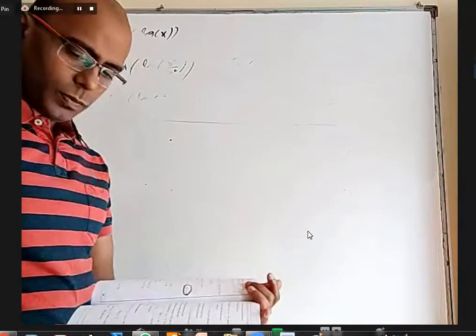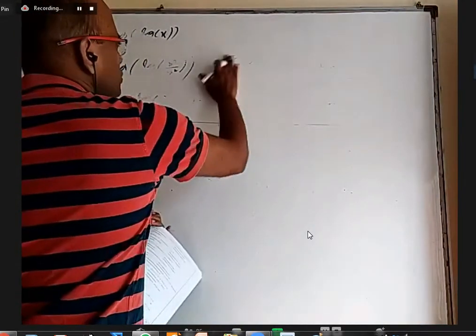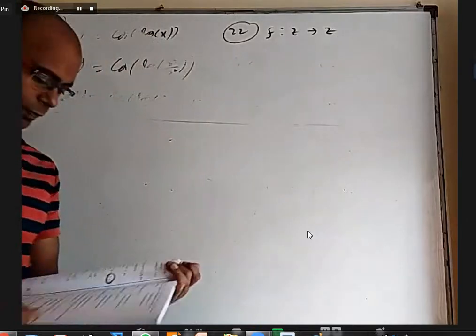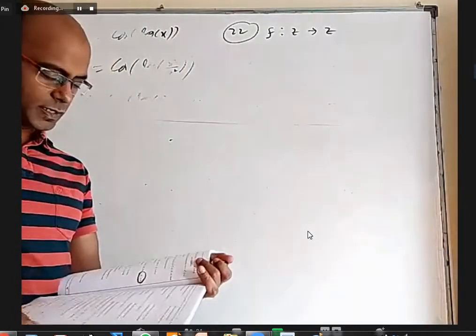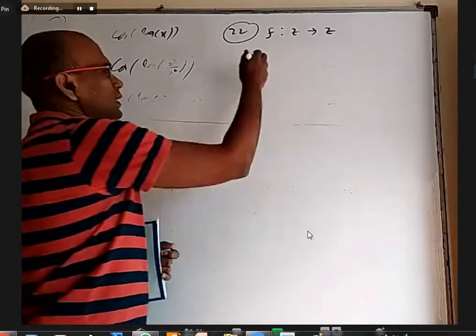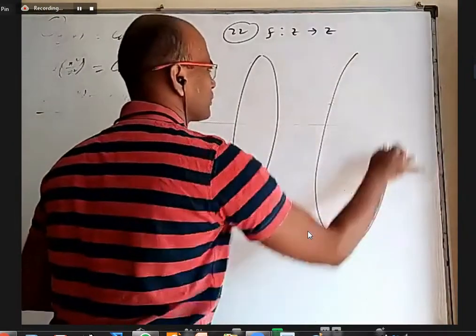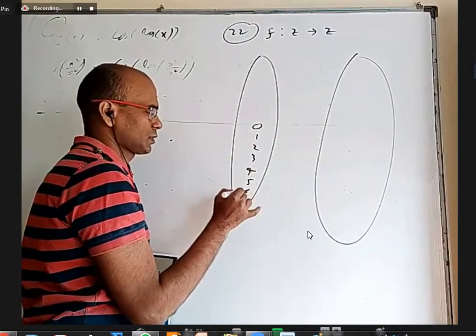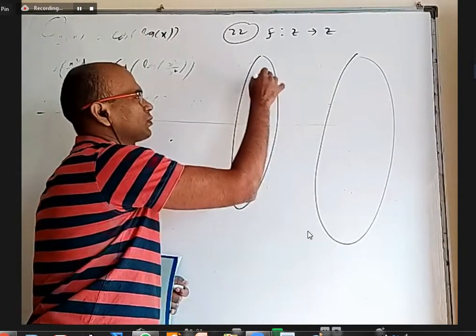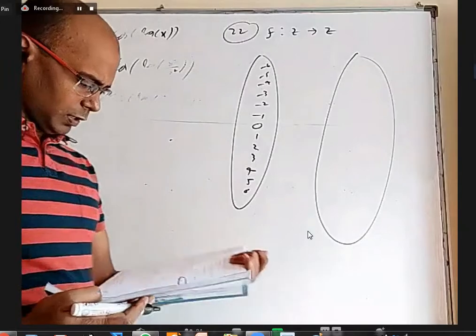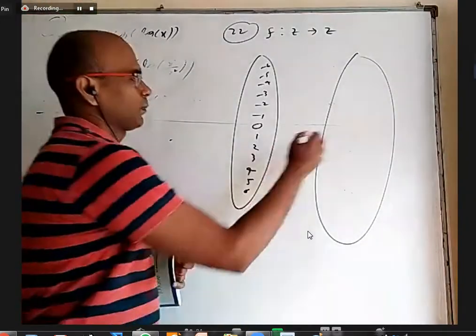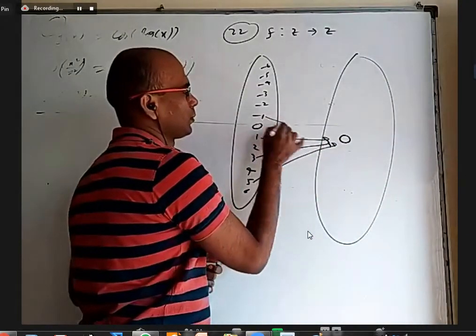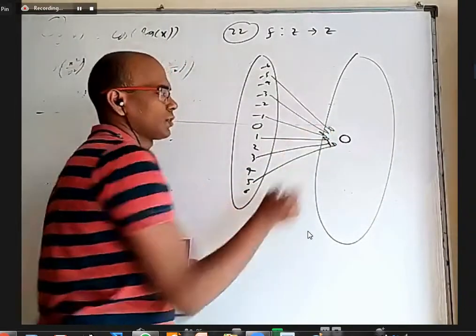Okay, let us see 22 now. 22, it is a function from Z to Z, set of integers to set of integers. And they gave f of x is x by 2 when x is even and 0 when x is odd. So let us take some examples and see how they are connected. Get a feel of the function. We have 0, 1, 2, 3, 4, 5, 6, minus 1, minus 2, minus 3, minus 4, minus 5, minus 6, and so on. They said whenever x is odd, it is connected to 0. Okay. So 1, 3, 5, minus 1, minus 3, minus 5, and so on, they are all connected to 0.